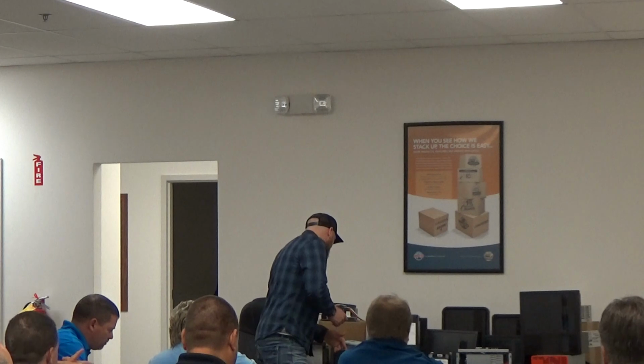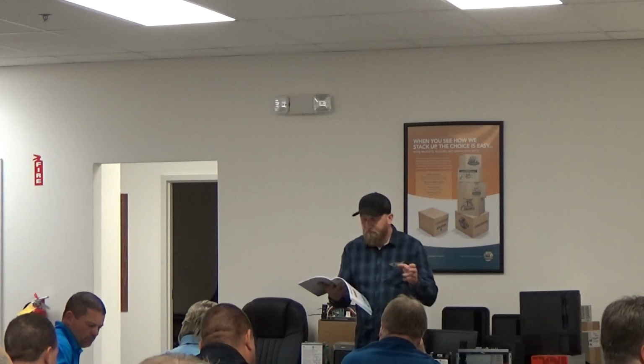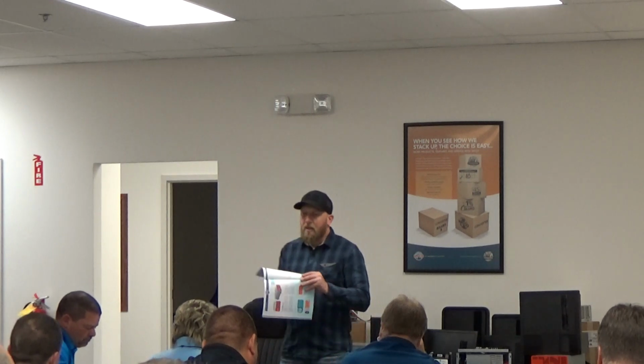On pages 24 and 25, it's just talking about our RDP. Again, we talked about it a little bit already. There's nothing really new on here. It just gives you the dimensions and everything that we had talked about previously. On our 68100, that'd be on page 26. We talked about that a little bit,